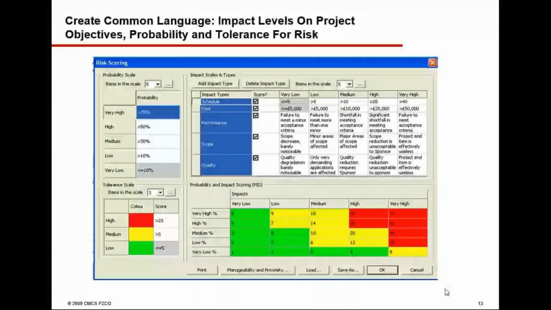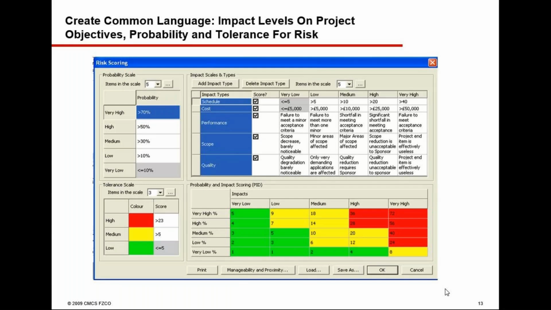This is your probability and impact matrix or risk scoring methodology, wherein we define the tolerance scale, probability scale, and impact scoring, right? So when you have such a matrix or scoring mechanism,